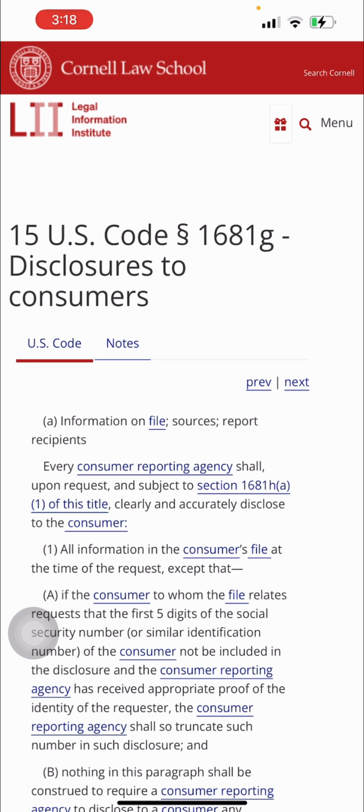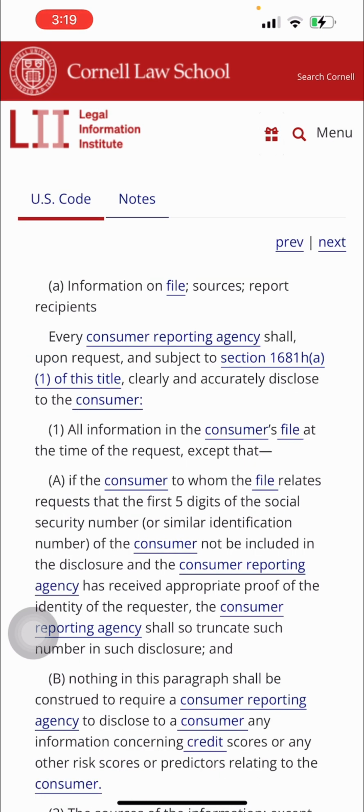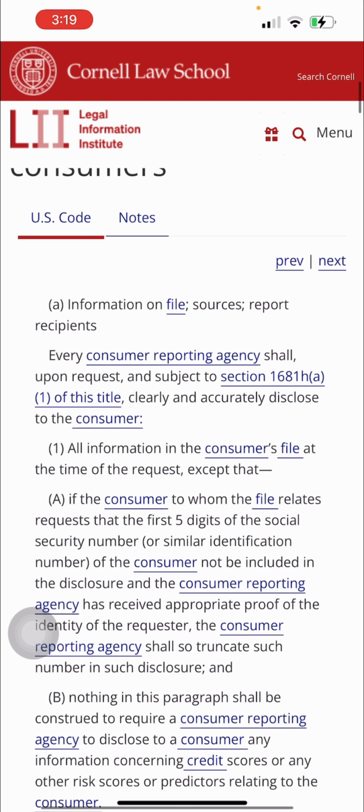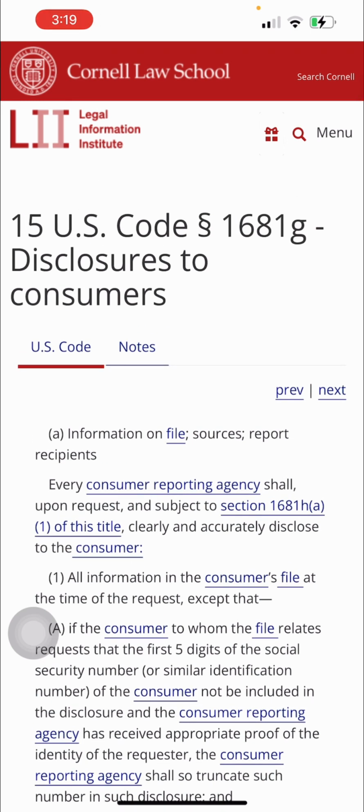So when you are sending letters out to the consumer reporting agencies disputing inaccurate, incomplete information, you must know in reference to the subsections of the law, so they can support you in your disputes. You must know these codes, because if you want to go from disputes to lawsuits, suing the consumer reporting agencies, you have to know what laws, what codes can back you up in court. You have to know how to object to these companies when they are stating false information. You know, they like to lie all the time. They like to send you information that you didn't ask for. They just send you anything.